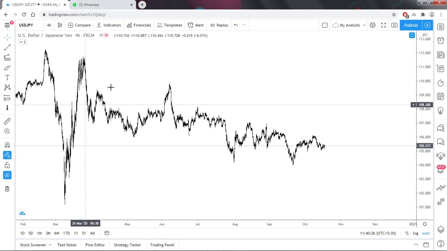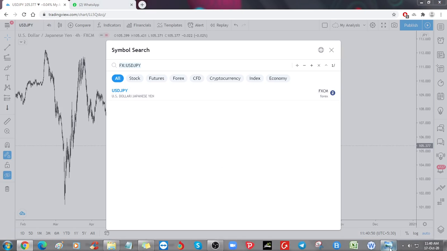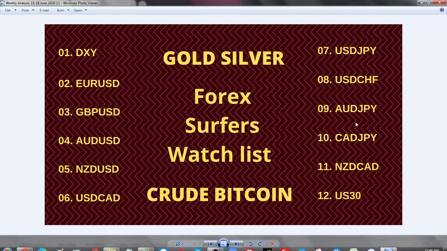This is an ABC connecting wave, again ABC, and we are in the connecting wave for the bigger connecting wave. So once that happens, again one more ABC has to happen to break this 103.8. So we are in the connecting wave only, it is not yet ended. So I finished USD CHF also. So let's move on to AJ.